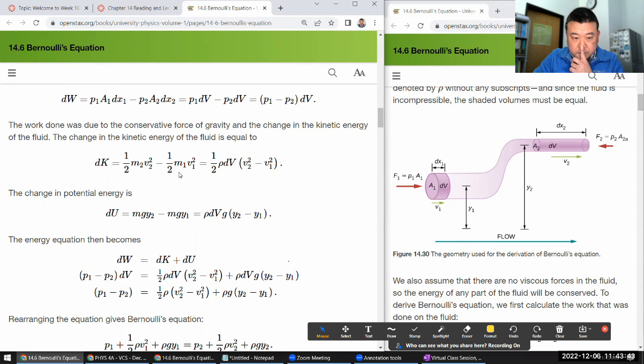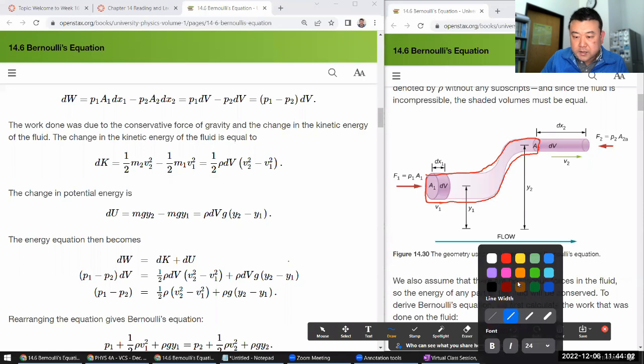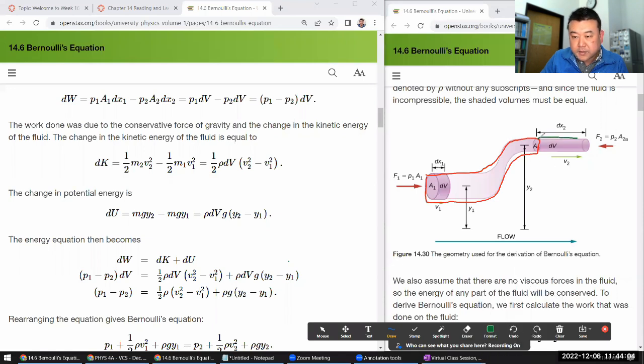So they are taking the amount of mass here, doing the same thing they did when they were setting up the equation. Taking this amount of fluid that you start out with, they are imagining adding this amount. That's the part of the fluid that squirts out. So plus 1/2 m2 v2 squared,